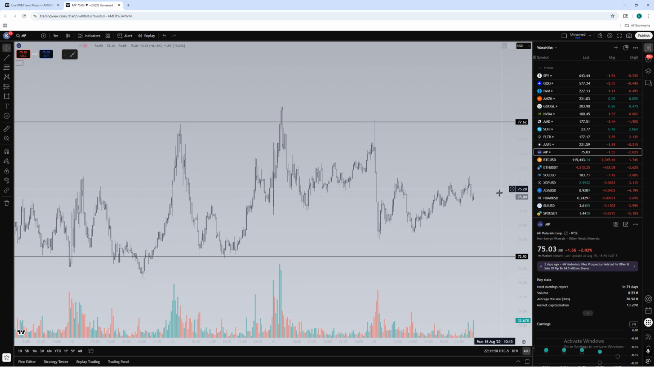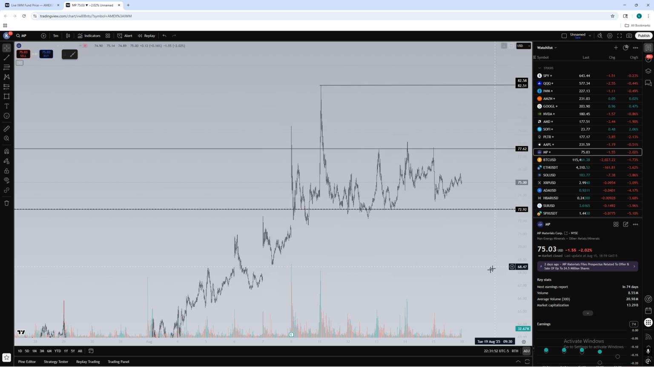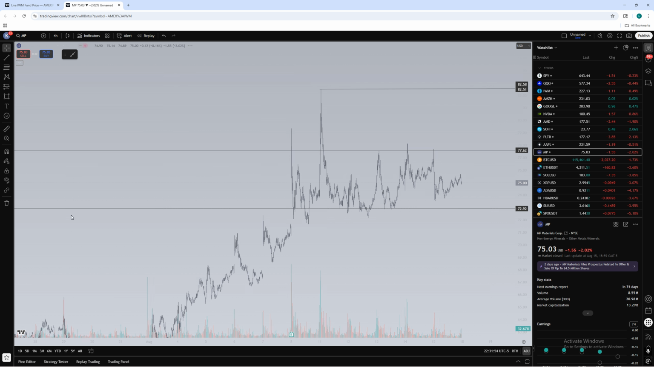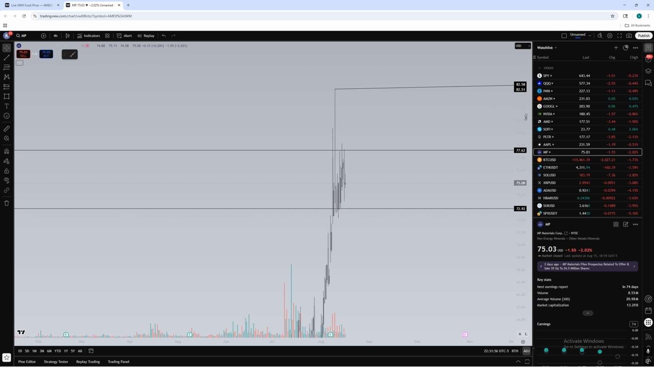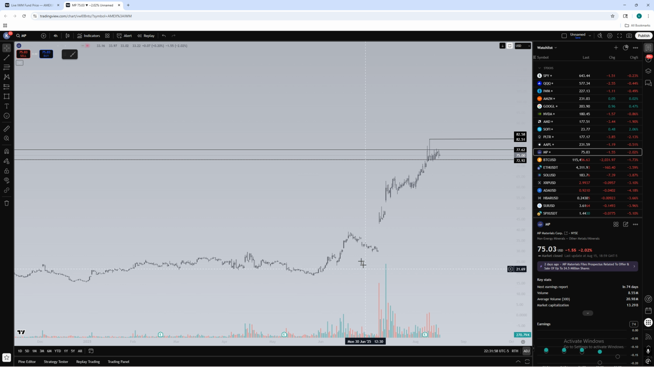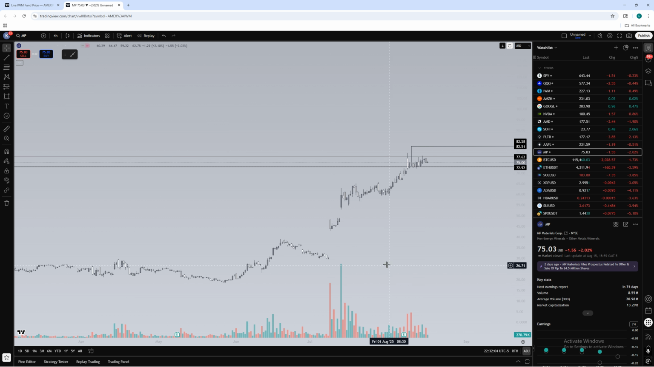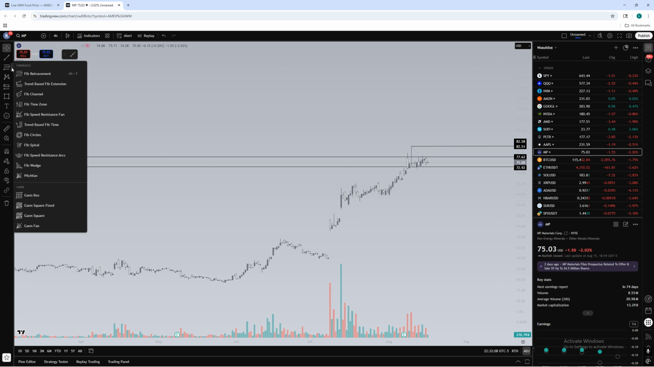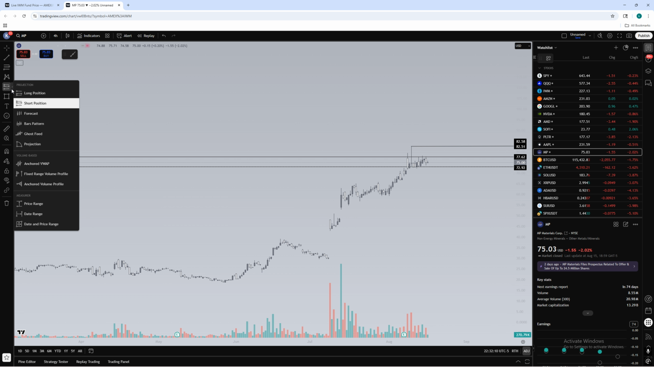Alright, so we got MP. I've been waiting for this to break out. I think last week it's kind of just been consolidating. Alright, so just in July we were down here at 30 bucks, right? What is this telling you? I mean, if you just look at it with common sense,